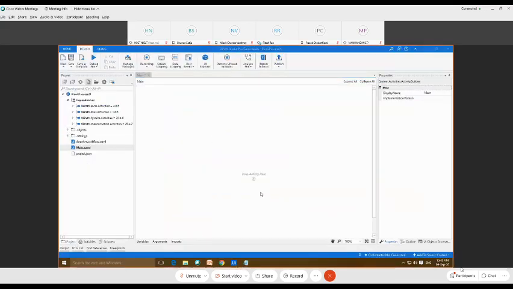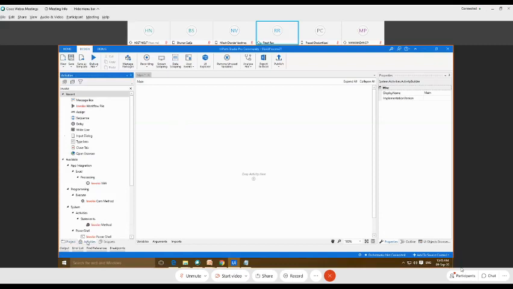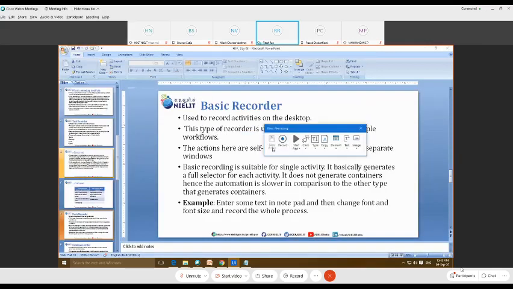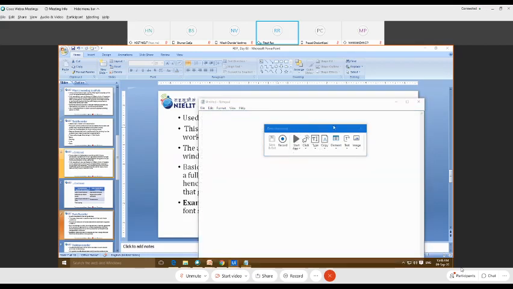So this is our main design panel. Now I'm just going to open the recording. Since I'm explaining basic recording, I will click on Basic Recording. Once we click on it, we'll get options like Record, Click and all the other options. Now I will open this, and then I will